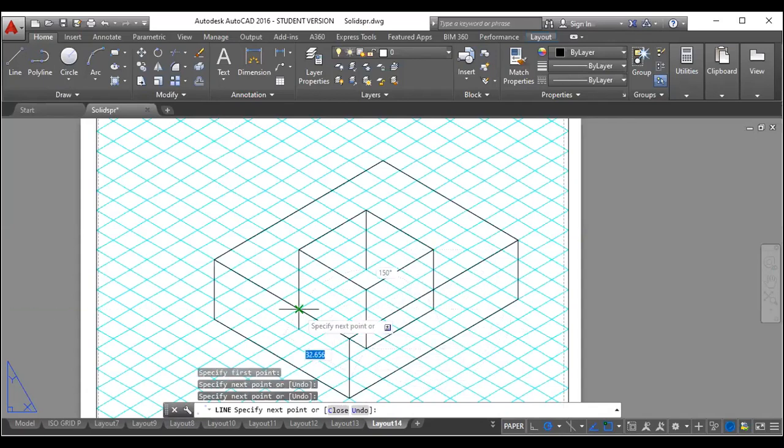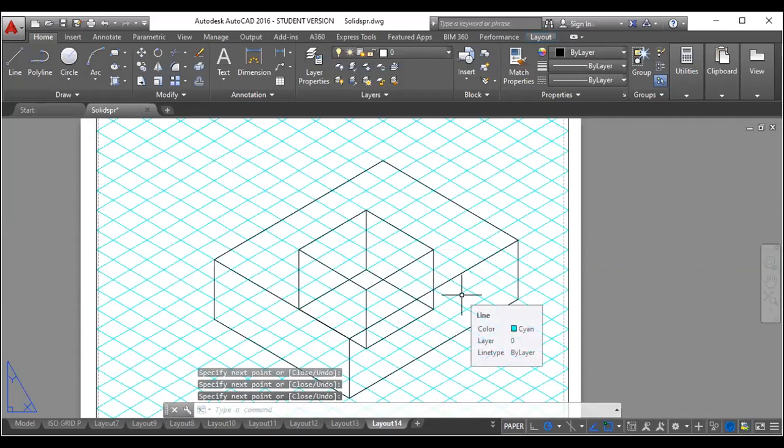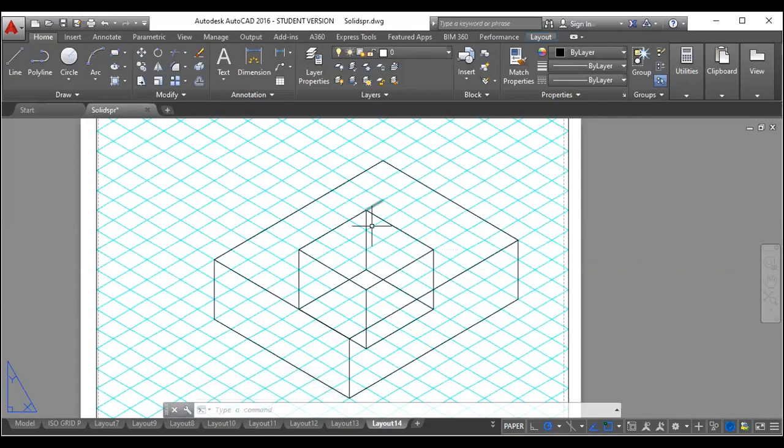Then we are supposed to join the bottom faces. So once you join this bottom face, now you are supposed to erase the hidden edges which are not visible. So when you look from this top, this face is visible, this part cut is visible, but these three lines are actually inside the block. So these three lines, this line, and this line are inside the block, which will not be visible to the observer. So these lines you will delete.